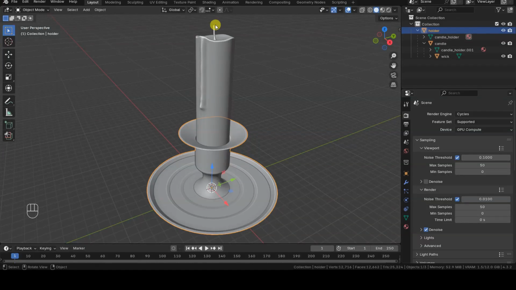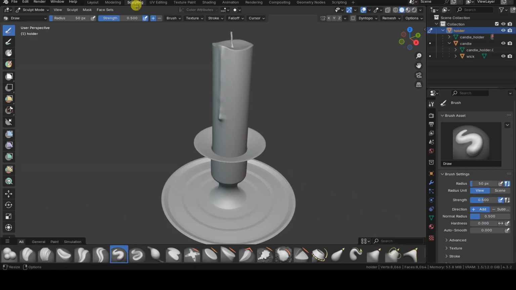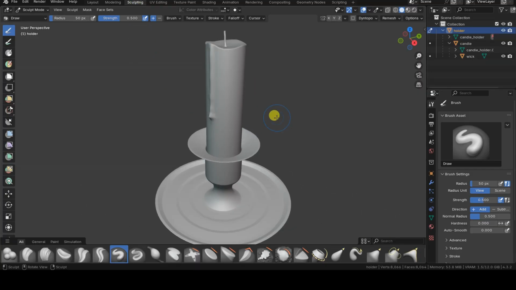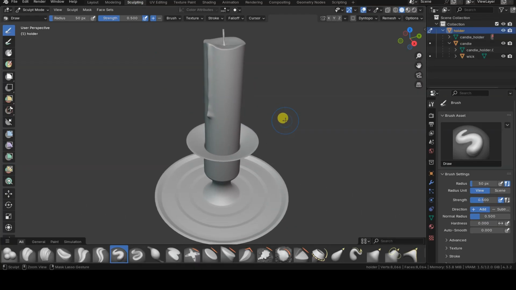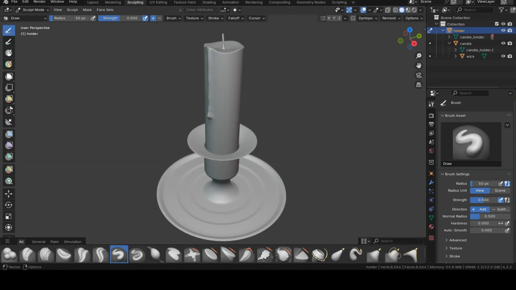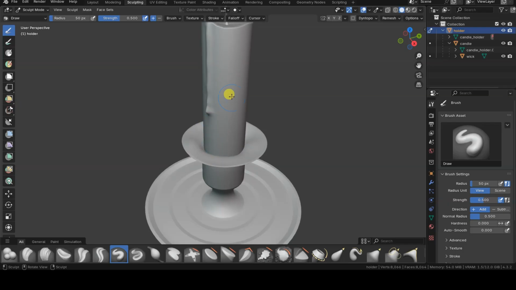Hello everyone. In this very short video made with Blender version 4.3, I'll show you how to quickly change the selected object while in sculpt mode. If you have multiple separate objects in the scene, like in the example I'm showing on screen, the sculpting brushes will only affect the currently selected object, which is shown in the outliner or in Blender's status bar.